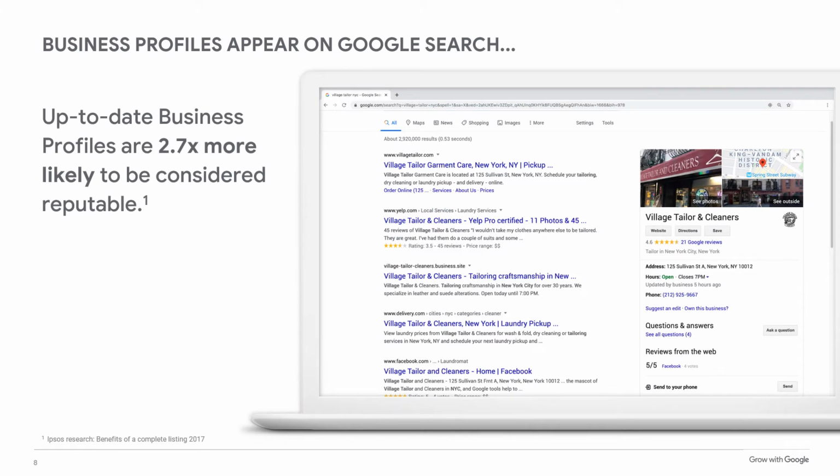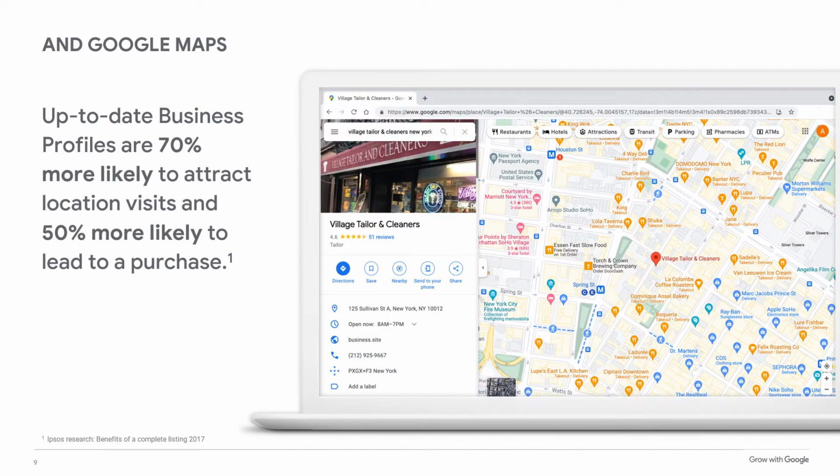This slide shows an example of a business profile. It appears on the right side of a search results page. Creating a business profile allows you to edit the information Google displays so your business details are up to date and consistent across search and maps. Creating a business profile won't guarantee that your business will appear in the search results, but it can help. The image shows how the same business can also appear on Google Maps, pulling the information from their business profile.